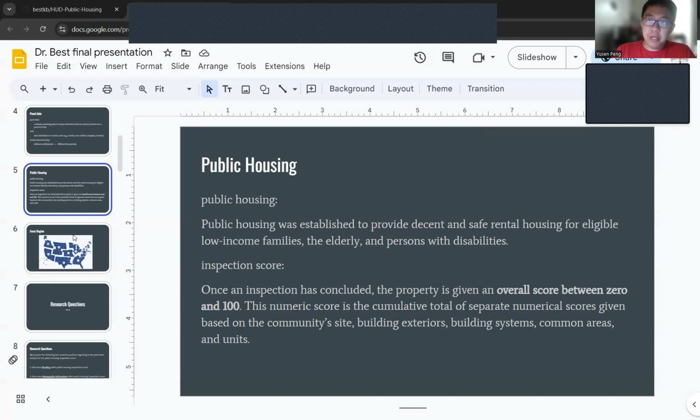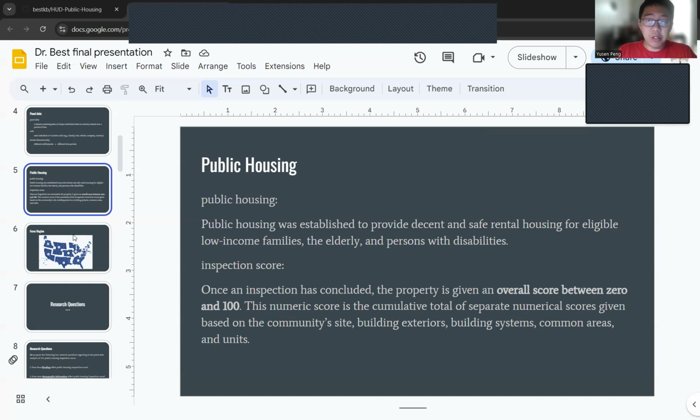The score is between 0 and 100, and this numeric value is the cumulative total of separate numerical scores. It depends on many factors like the community itself, the building exteriors, in general what the building looks like,